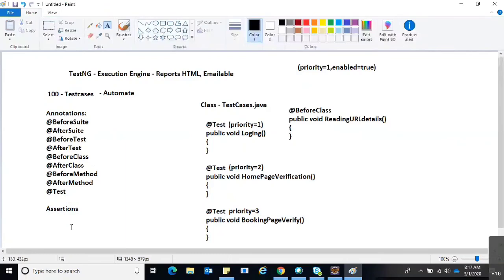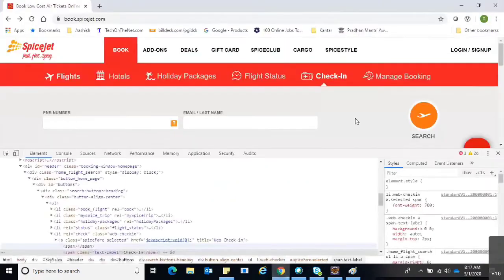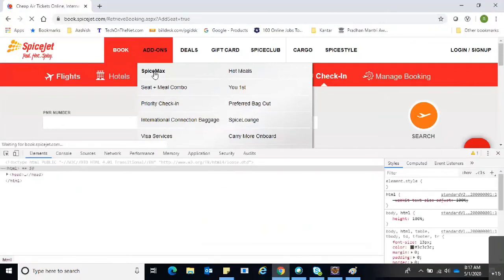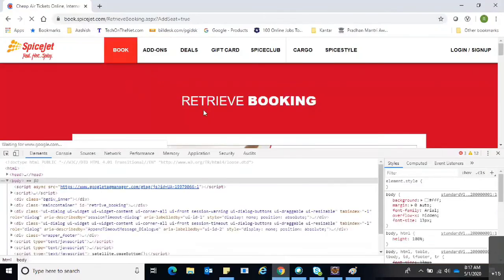So we have assertions as well. Why do we use assertions? Suppose I just navigated to SpiceMax. Okay, so it just loaded the page, which is retrieve booking.